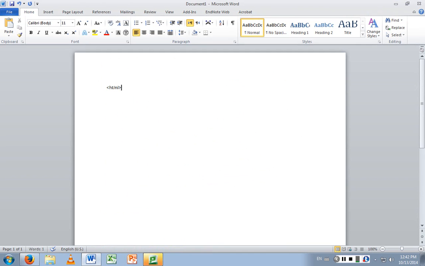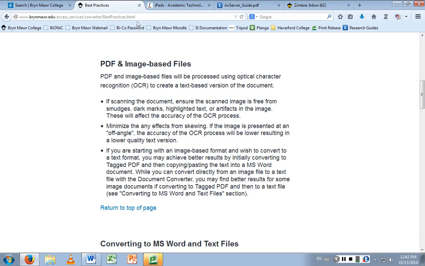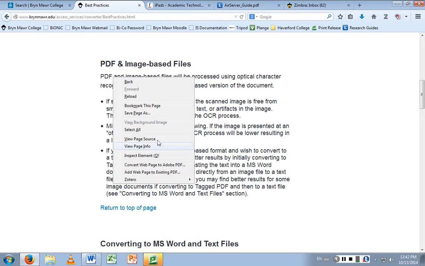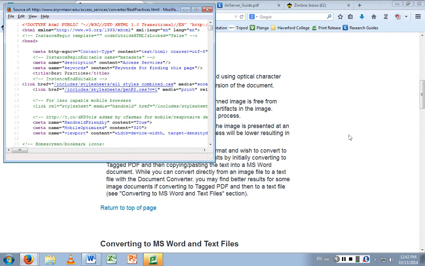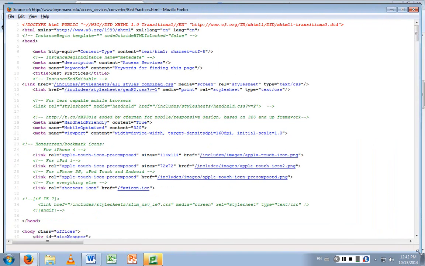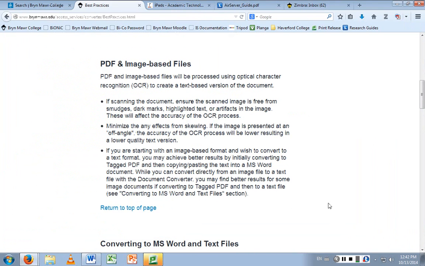Actually, even better, let me view the page source, an HTML file. What I'm showing you is the code for this page.